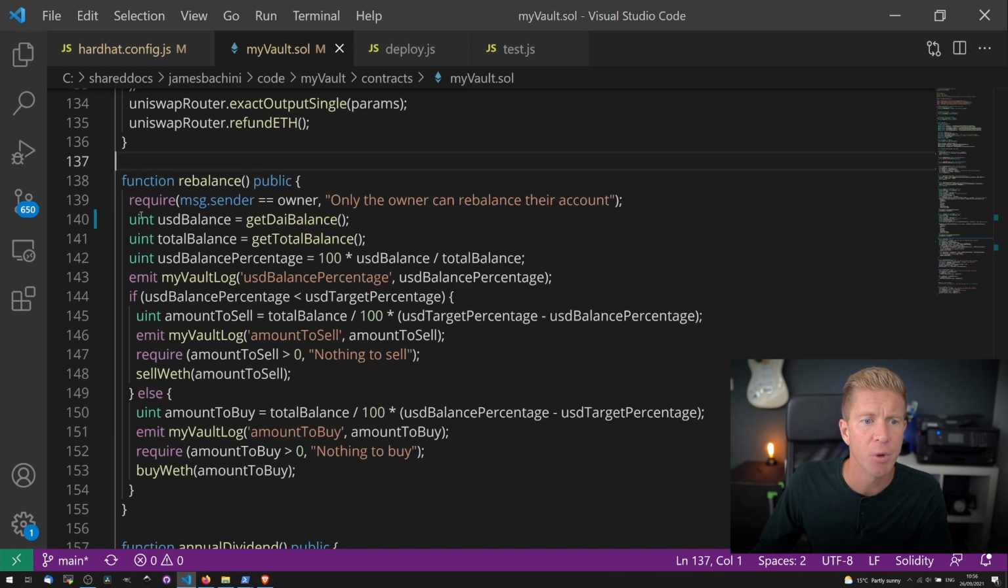So let's have a look at this. We've got a require msg.sender equals owner. Only the owner can rebalance their account. So this is a personal vault that only the owner who deployed the contract can use. It's not a great example for how DeFi should work, but it does keep it simple for the purposes of this tutorial. We've got a US dollar balance, which is just the DAI balance, and then a total balance, which